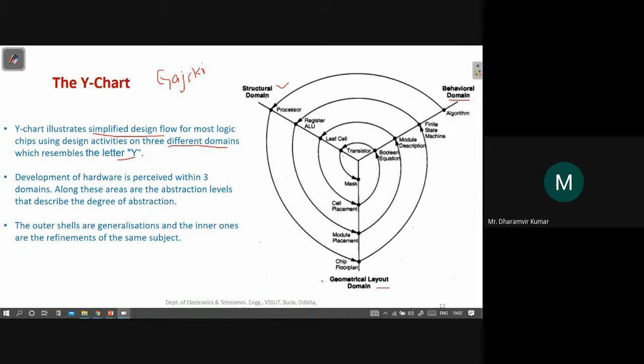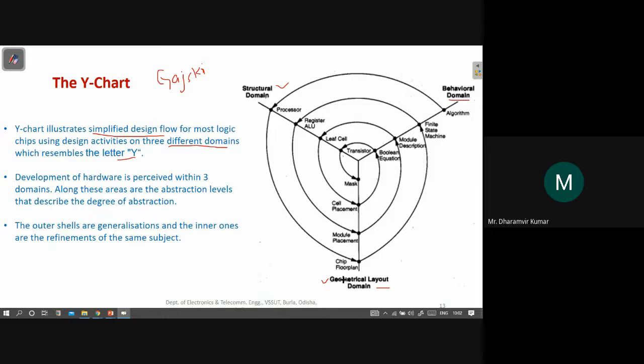This term geometry itself reveals that it will be something about the geometrical shape of things. So it is actually about the geometry of the things. It will tell you about the geometry of the chip at different levels, from top to bottom or bottom to top.